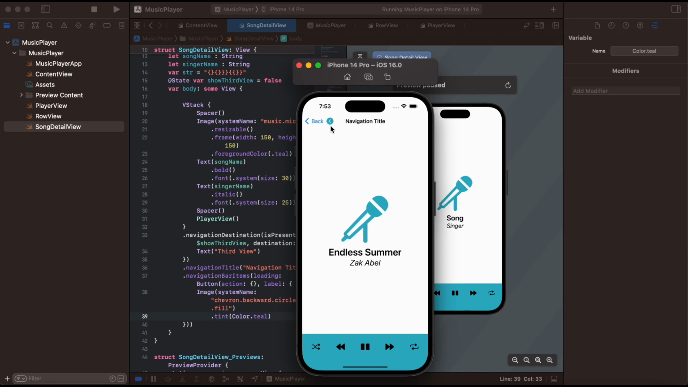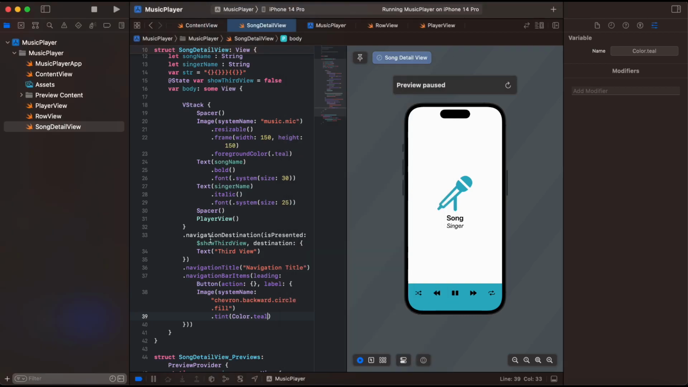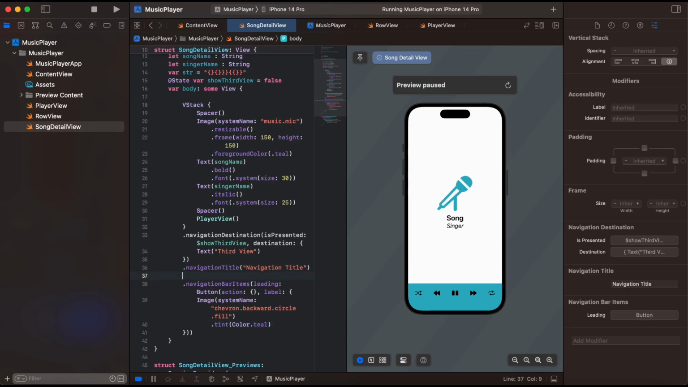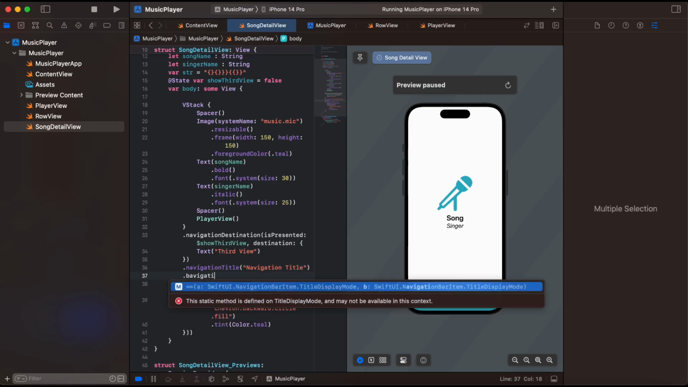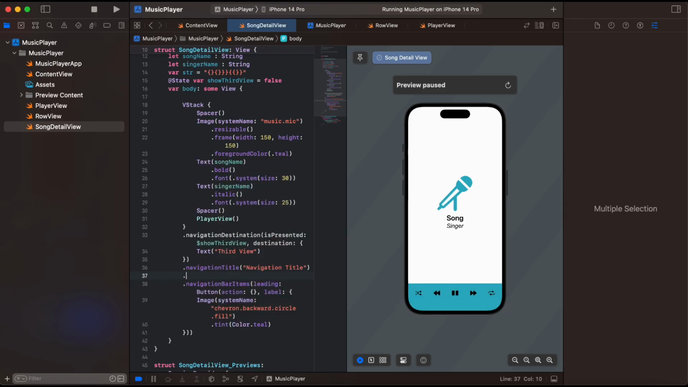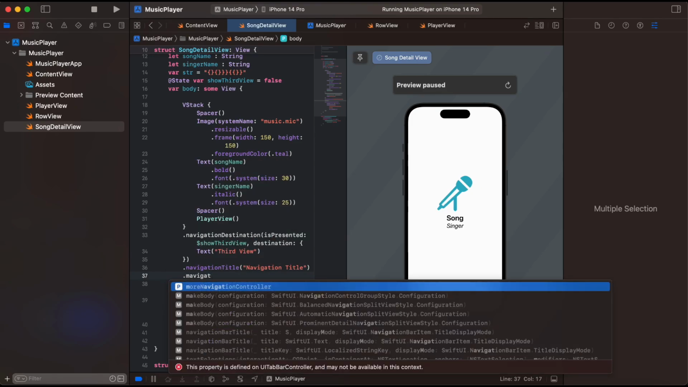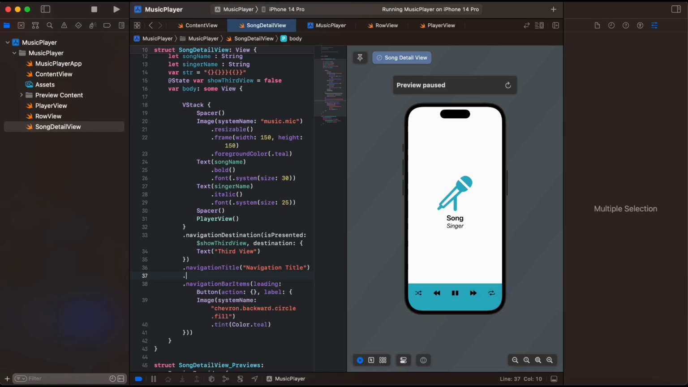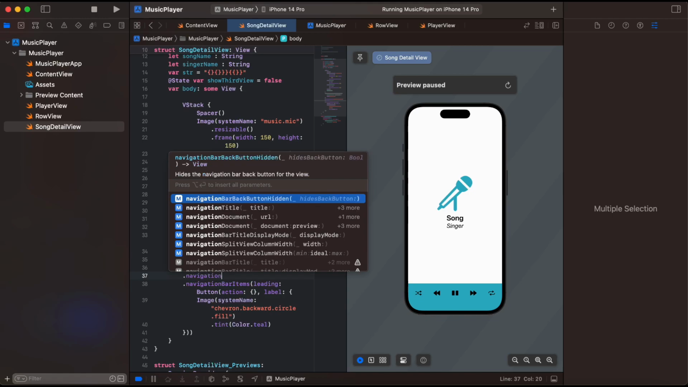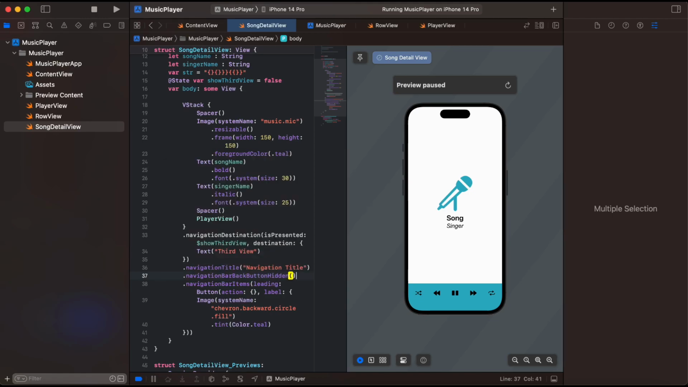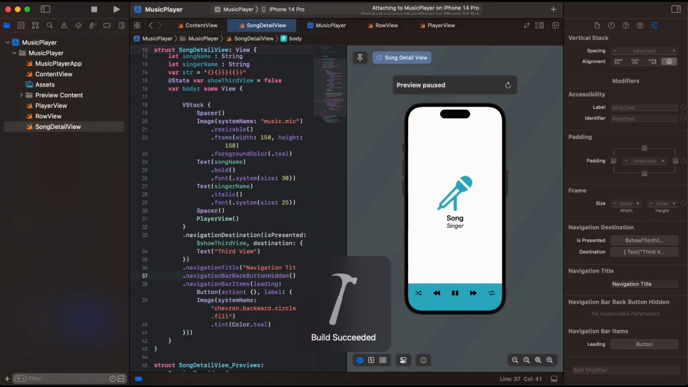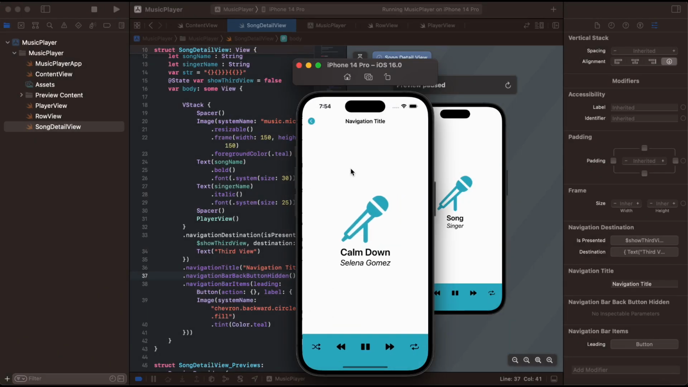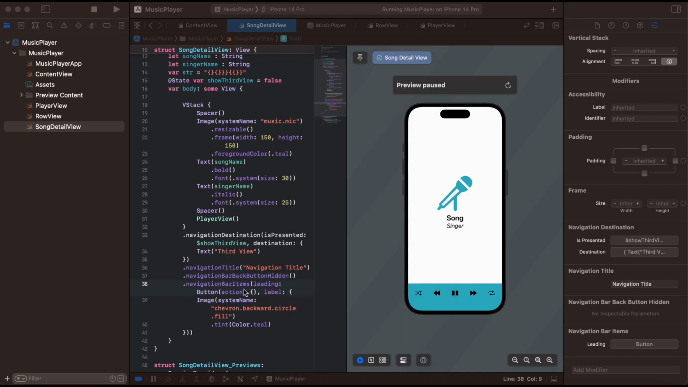Yeah, so we have set the button, but the thing is we have to hide the default back button. For that, we have an option, navigation bar back button hidden. Yeah, that's it. It's simple. Now we are going to replace this navigation bar item with the toolbar, and also we will